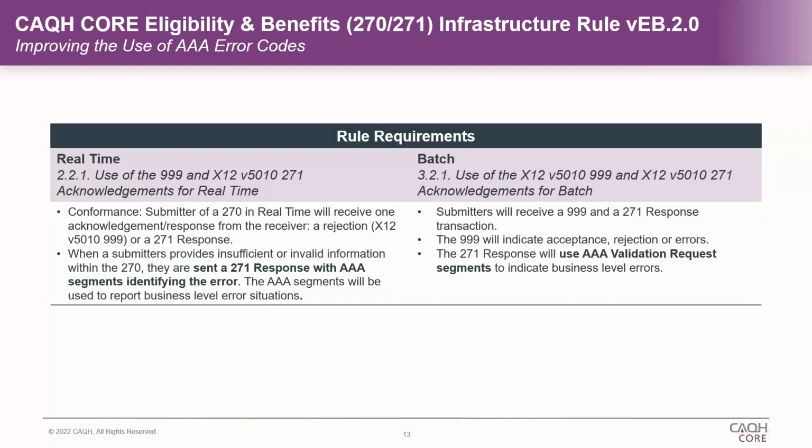So you might want to return an EB loop with the EB01 of your eligibility information, and maybe it fails because you don't have a patient match on the ID or the name. You would return the AAA at a higher level. But if you can match the patient, you can make a determination on their eligibility. You can say whether or not they have active or inactive coverage for a PPO or an HMO. You can give those plan dates.